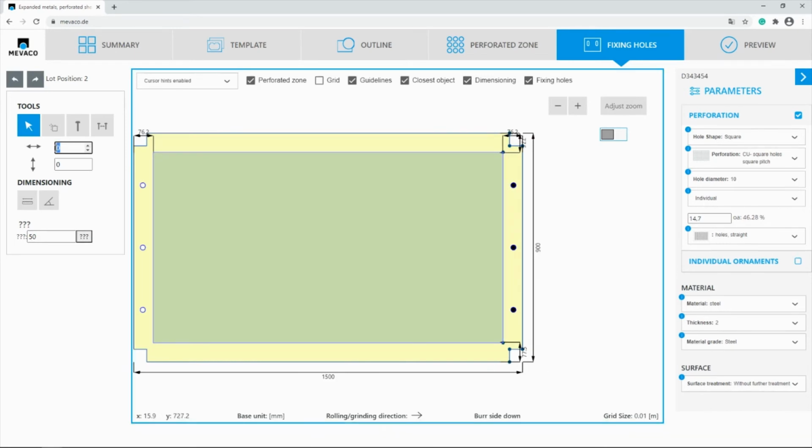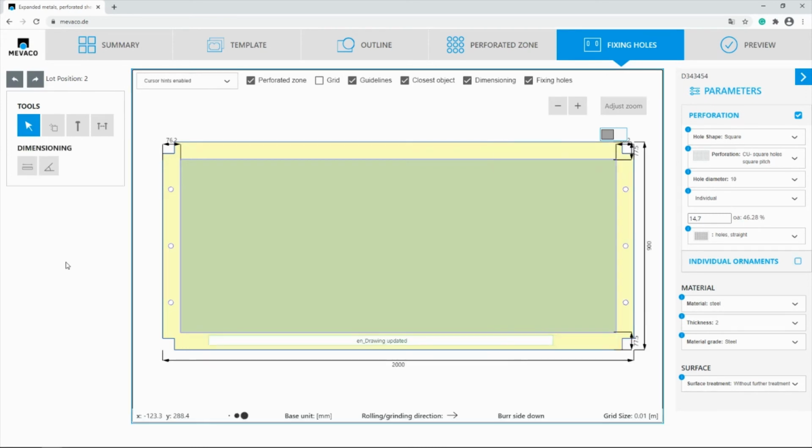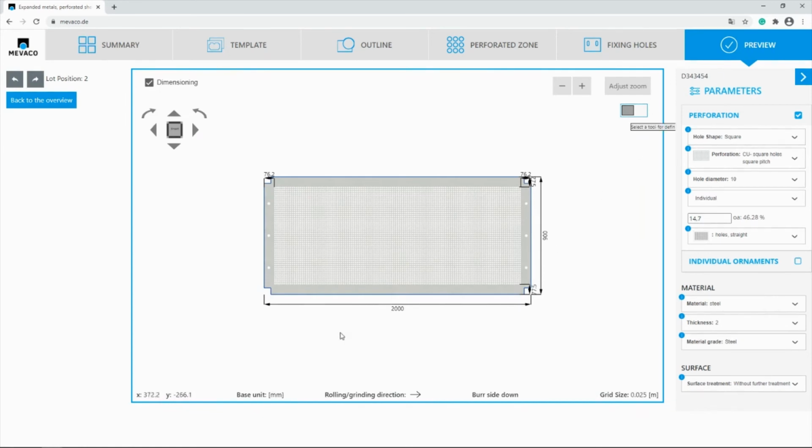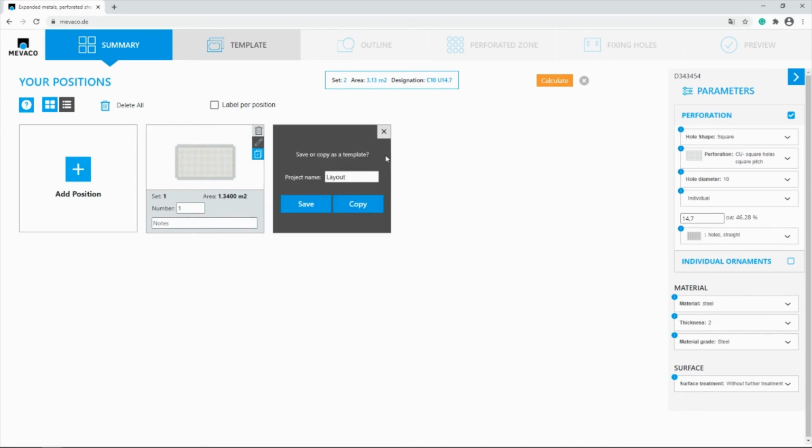Now I can move it by 500. Here we are. You see this preview. I'm gonna confirm with enter. We are ready. So we have created another perforated sheet, 900 by 2000. I'm gonna go back to the summary and repeat those actions. So copy,